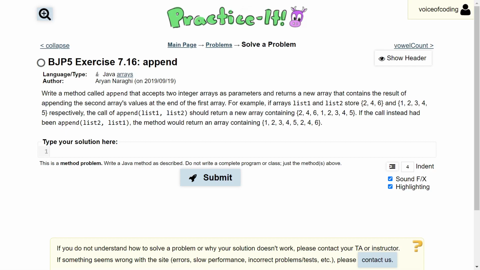Today we'll be going over exercise 7.16, append. The question reads, write a method called append that accepts two integer arrays as parameters and returns a new array that contains the result of appending the second array's values at the end of the first array. For example, if arrays list1 and list2 store 2, 4, 6, and 1, 2, 3, 4, 5 respectively, the call